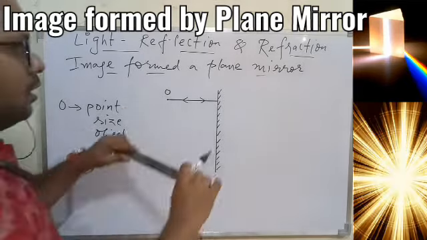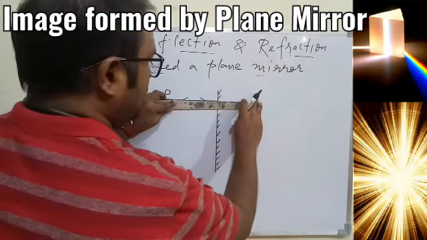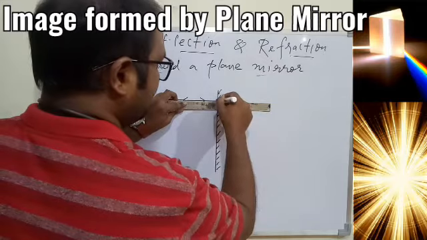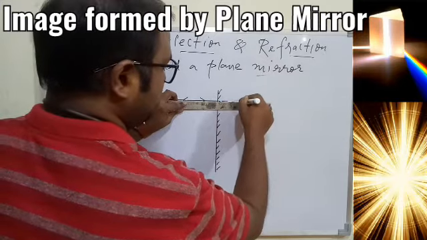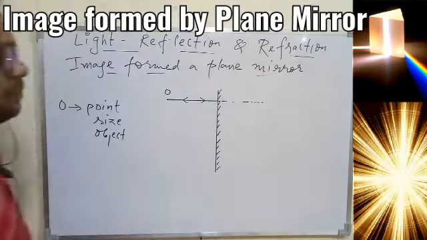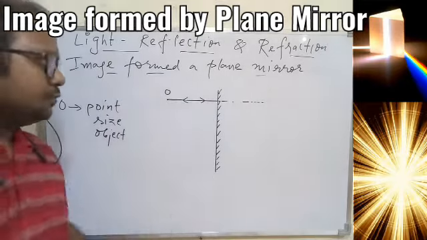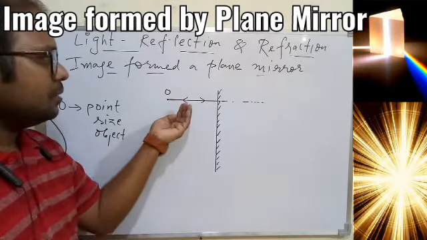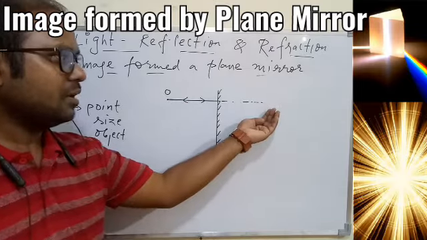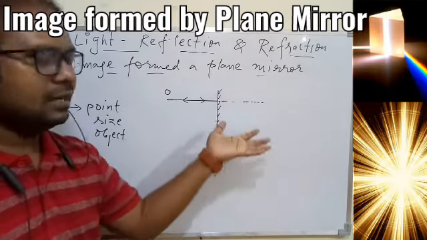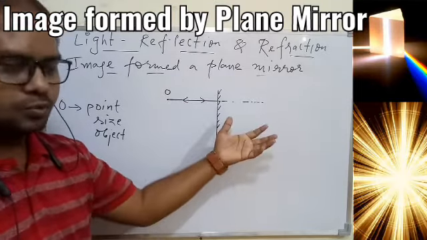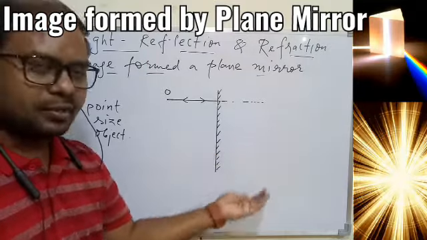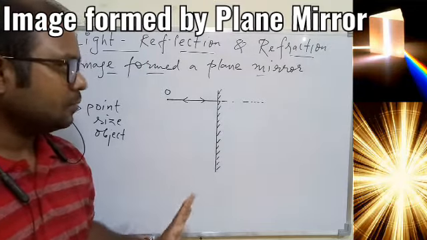So now we got the very first ray from the object, which is coming after reflection. Since the ray is coming back, we imagine that this reflected ray is coming from somewhere behind the mirror. Behind the mirror nothing is real, everything is virtual. So all the rays or lines I am going to draw behind the mirror will be dotted. That is to be remembered.